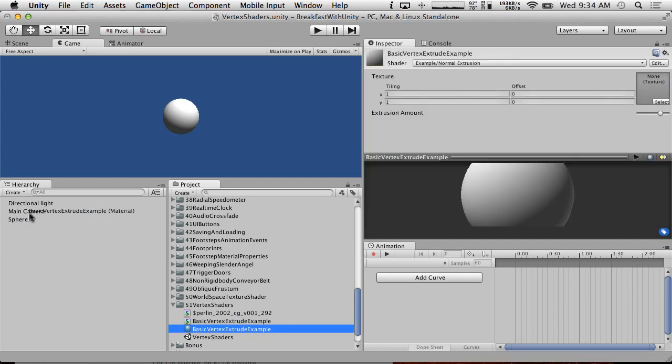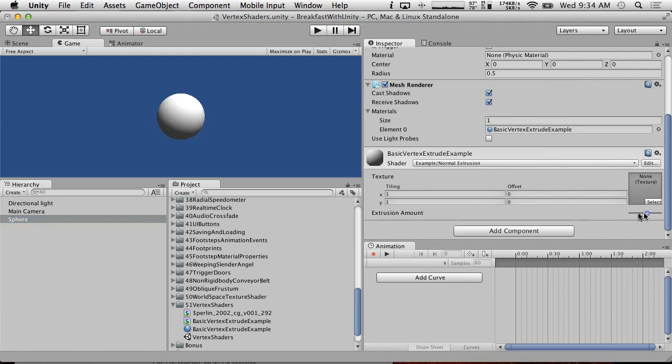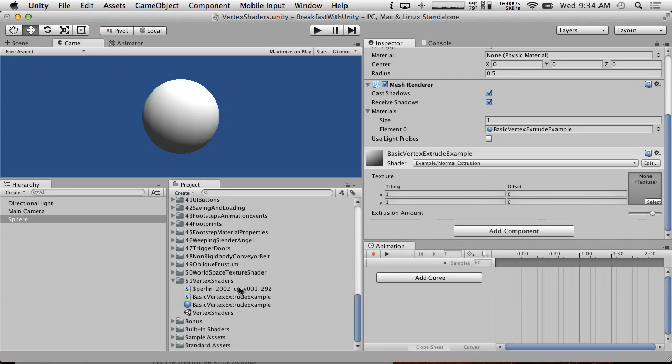And we're going to put this on our sphere. And you'll see that the sphere got bigger. And we have this slider now that can make the sphere bigger or smaller, which seems really pointless considering it's just scaling. Now, if we had a slightly more complex model,